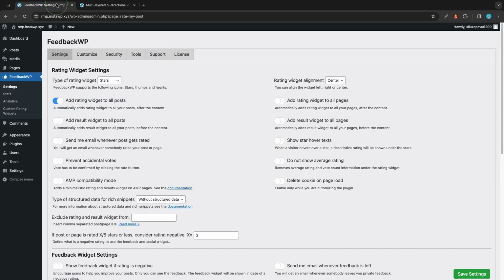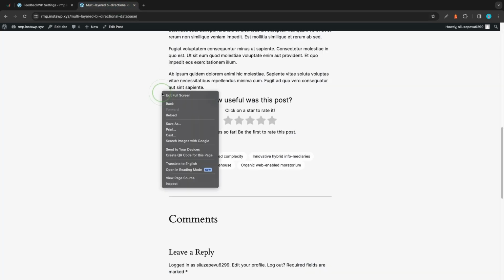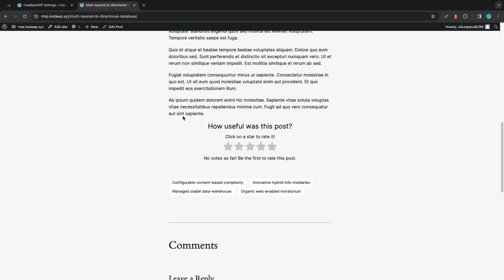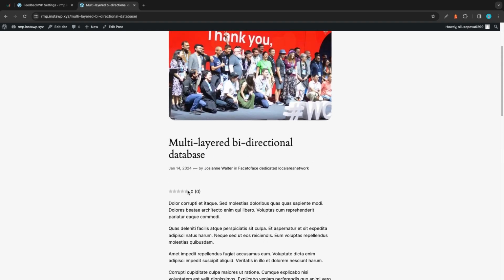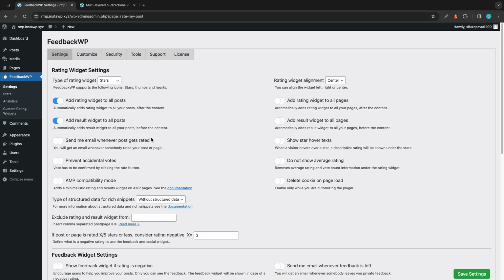All right, now let's go back and turn on the result widget to see what it looks like. We'll just toggle this switch here, save our settings, and we'll just go back to the site and refresh the page. If we scroll all the way up, we can see it right here. Okay, let's go back. So if you turn on the next option, you'll receive an email every time somebody rates